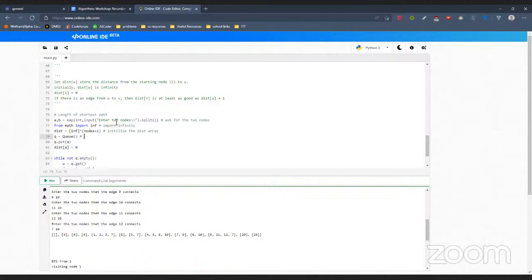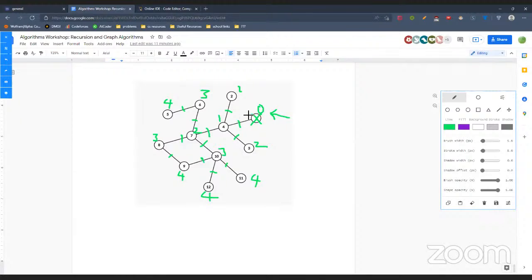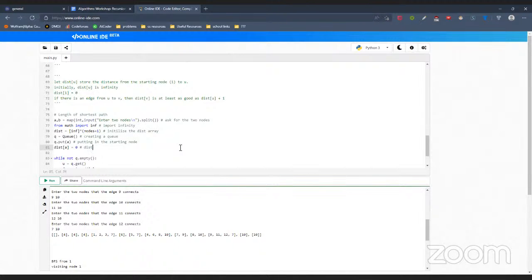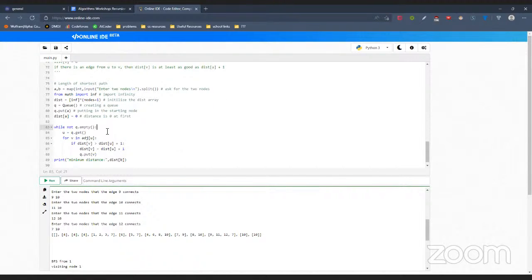Okay, so q is equal to q. So again, we're creating in the starting node. And the distance from the starting node to the starting node is 0, right? So from 1 to 1, there's no edges that are needed. So distance is 0 at first. So while there are unvisited nodes,